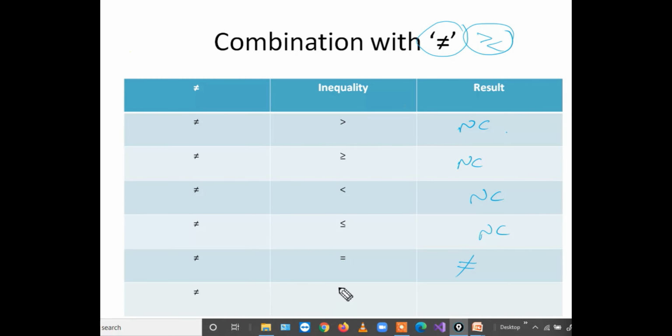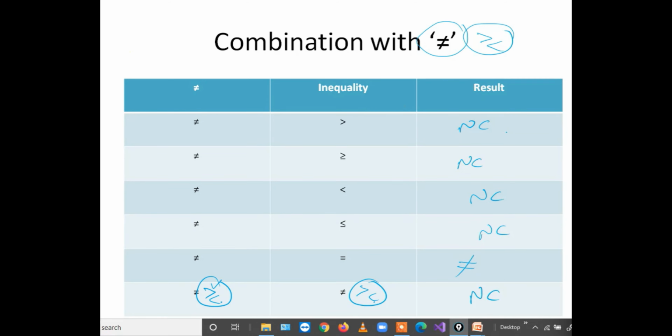So now tell me not equal to with not equal to. It is also not equal to, na. Sir, you told already the same operator will be the output. It is not the actual operator. The actual operator is greater than or less than. Here also it is greater than or less than. Sir, in this we have a greater than, but in this we have a less than, opposite polarity. No, sir, here I will consider less than, but here there is a greater than. So in both cases it is no combination. Overall it is no combination. So not equal to with not equal to will be no combination.